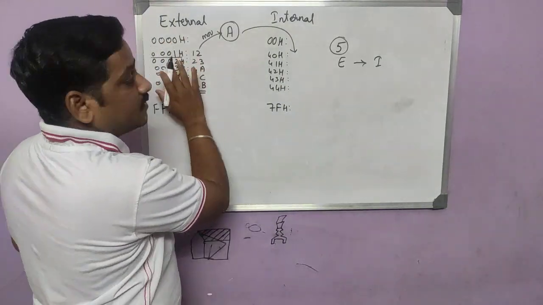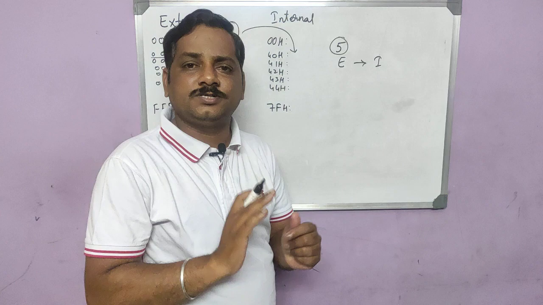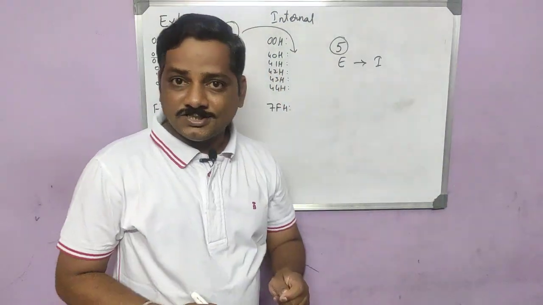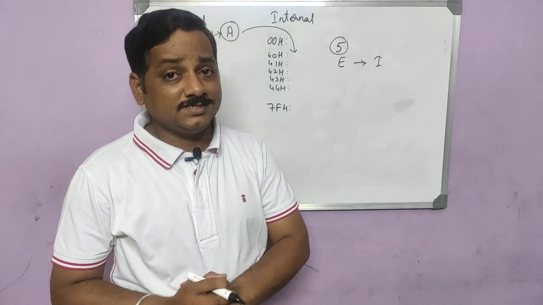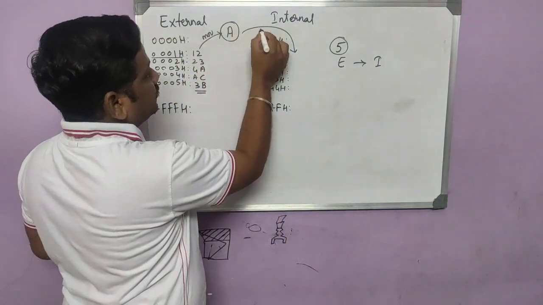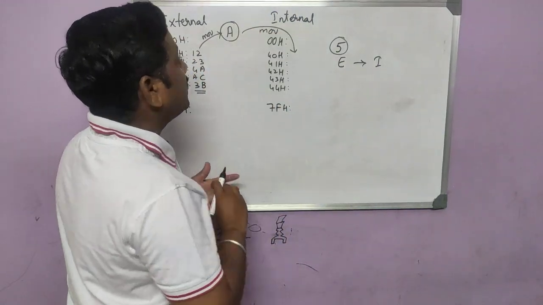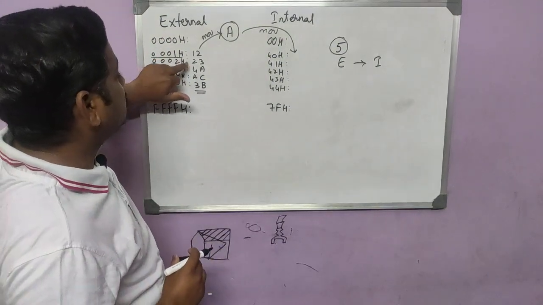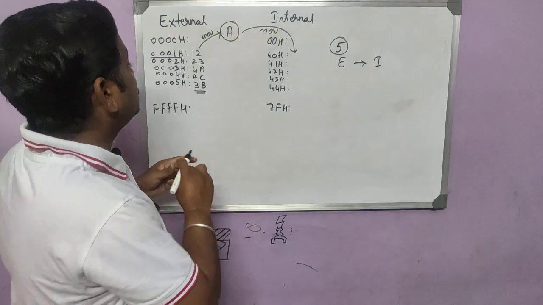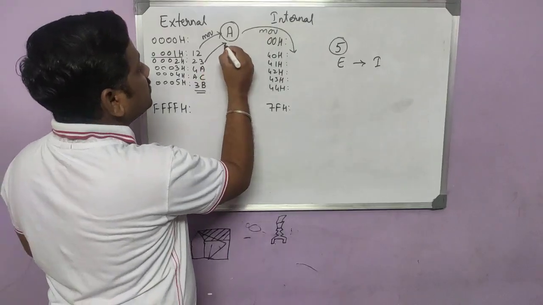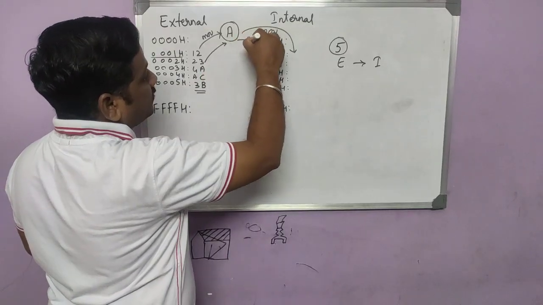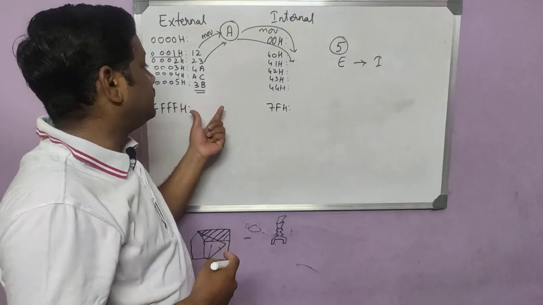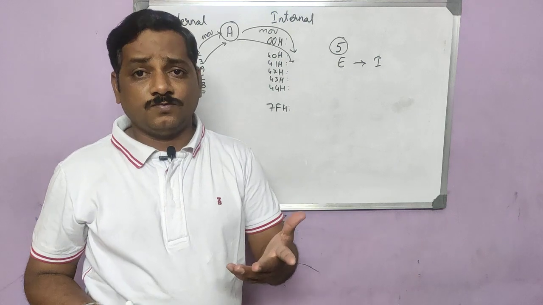Directly we can't move from external to internal, or register to register. The accumulator is a special register; it comes under special function registers, so it can be used for that. After doing this, we go for the next address. The address is 0002. There I have the second data. The data is taken into the accumulator and then moved to 41H. So this is the concept. This has to be repeated 5 times if you want to move 5 data.